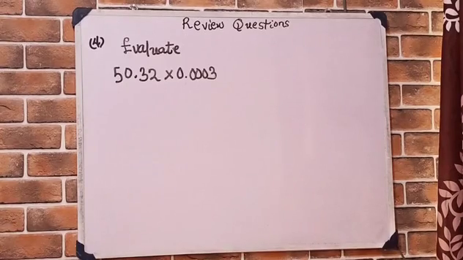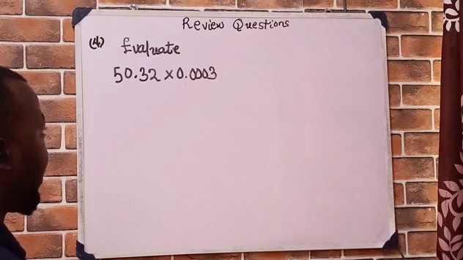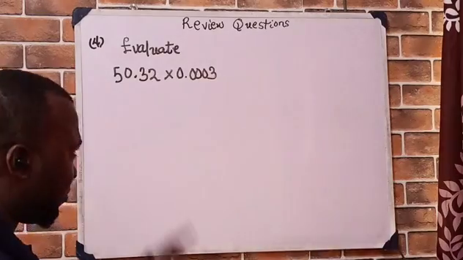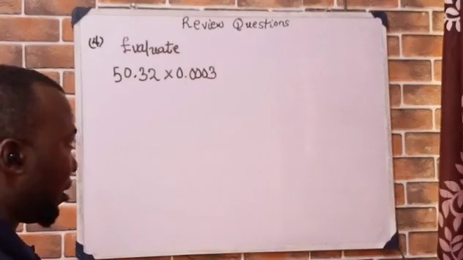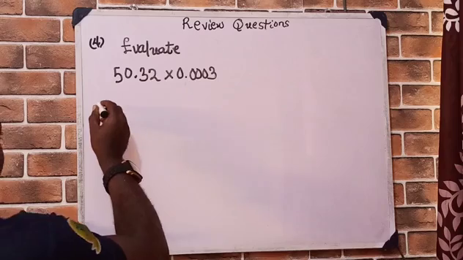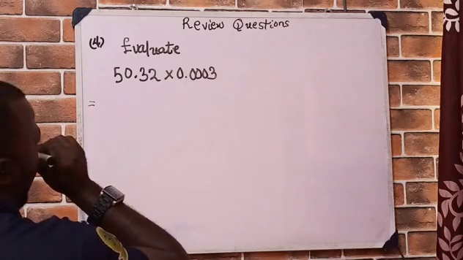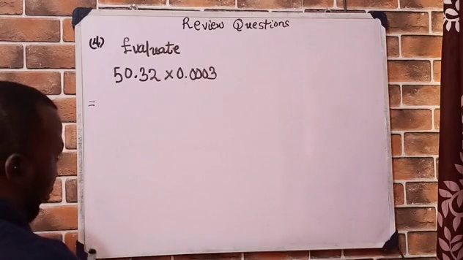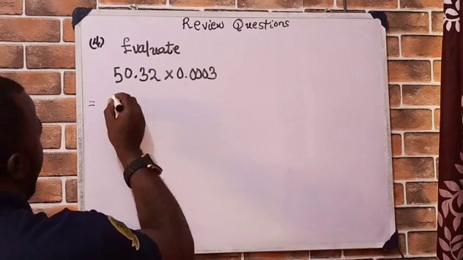We also evaluate 50.32 times 0.0003. The easiest way of doing this is just to convert each of the numbers to standard form and then multiply. I have something like changing this to standard form. Let's change it to whole numbers. Or standard form is going to work. Yeah. This will give me